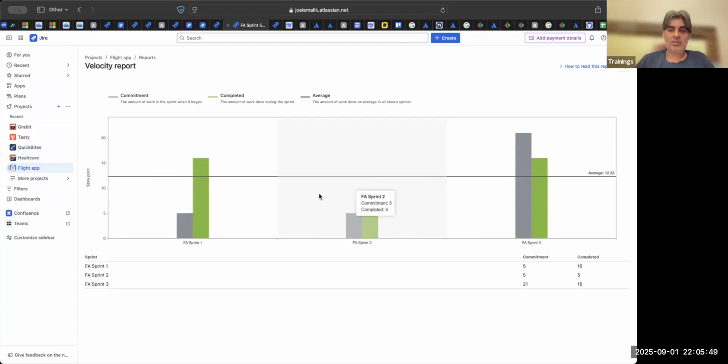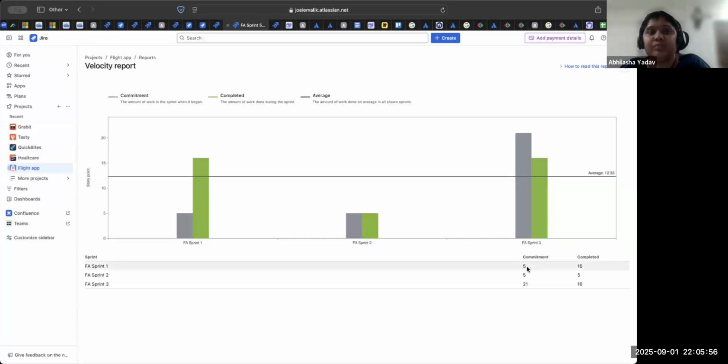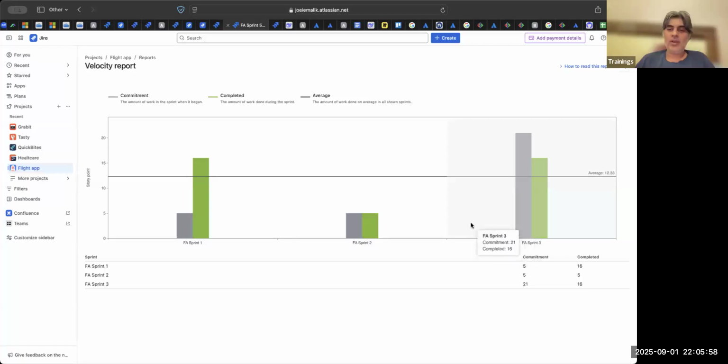So this is another board. If you look at this, in this case, it is taking up the first sprint. I think I may have selected an incorrect option when we started the sprint. That may have been the reason. But again, the important point is this chart will give you the average velocity, and it will give you the completion rate of your team. These 2 things it will give you.